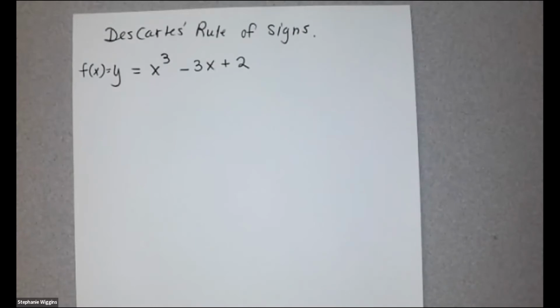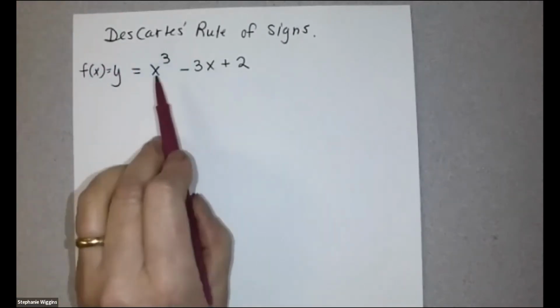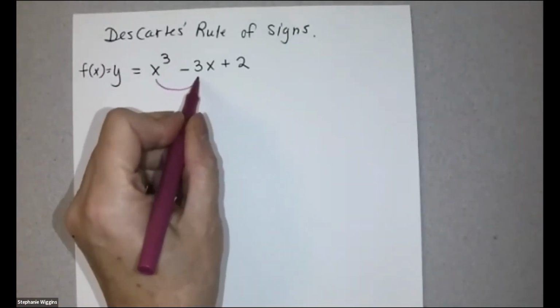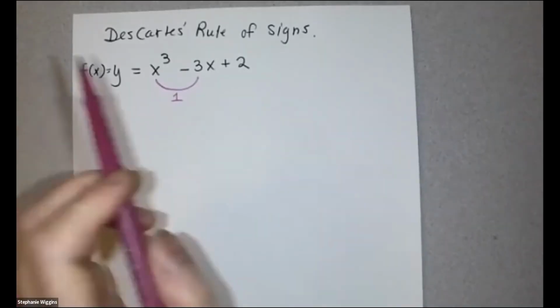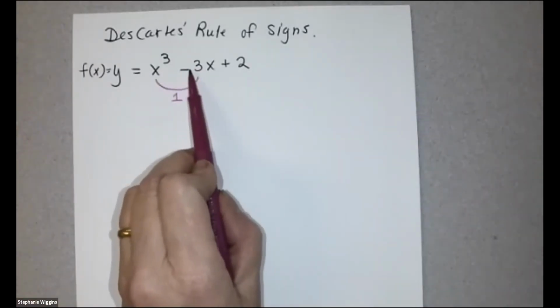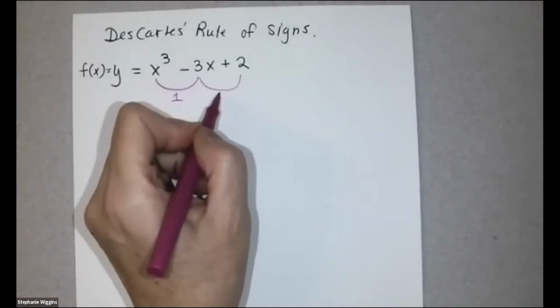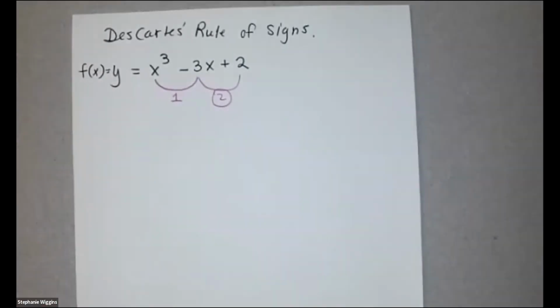What I mean by that is you look at the coefficient. This is 1. That's positive. The next one in line is negative. So going from here to here, there's 1 sign change. And then here, going from negative to positive, there's another sign change. So there are a total of 2 sign changes. And Descartes' rule of signs says that if in your function,